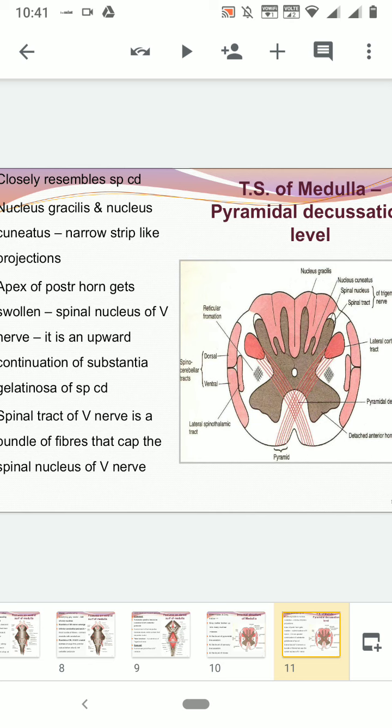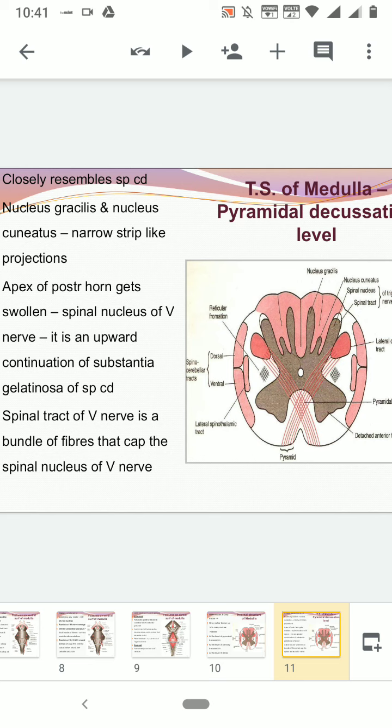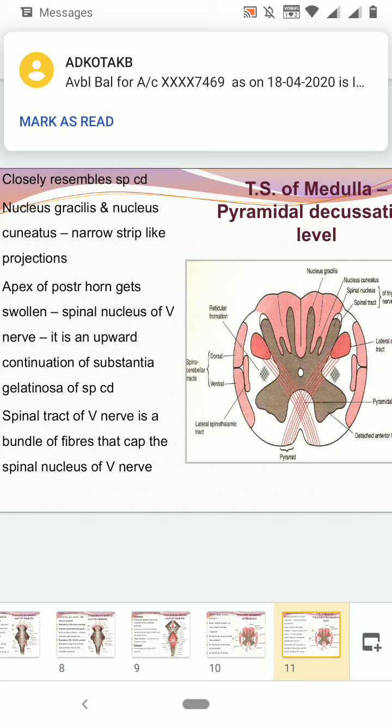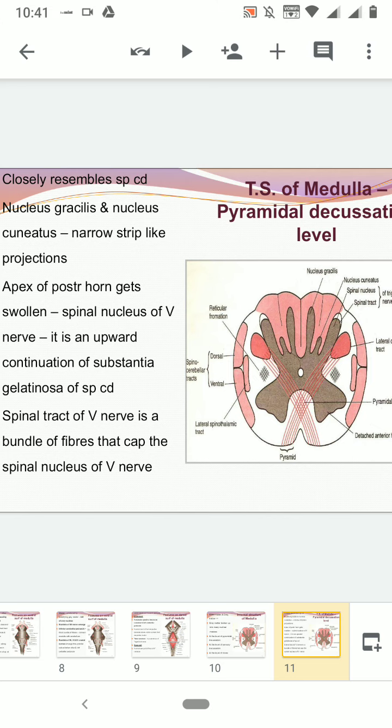And if you see the posterior part of the gray matter, you don't see the posterior horn that typically, but still we are able to see it. In the posterior horns you see the nucleus gracilis in the center and the nucleus cuneatus a little lateral to the nucleus gracilis. You had the tracts of fasciculus gracilis and fasciculus cuneatus, and a little lateral we have the spinal tract of the trigeminal nerve and the spinal nucleus of the trigeminal nerve. So the posterior horn gets broken up into three components: the nucleus gracilis, nucleus cuneatus, and spinal nucleus.